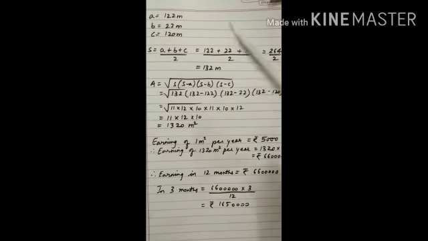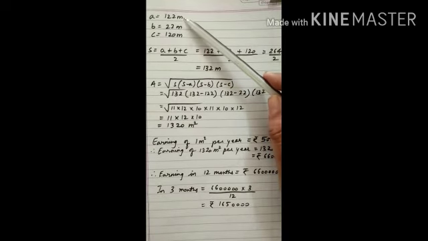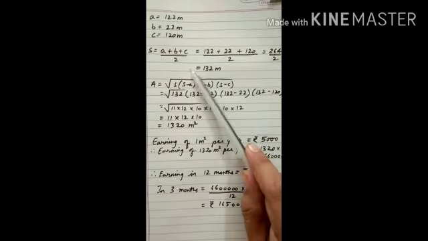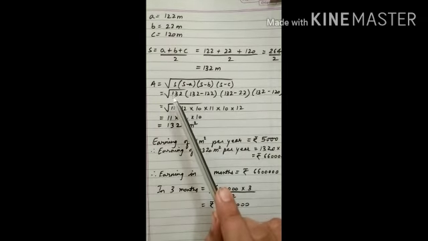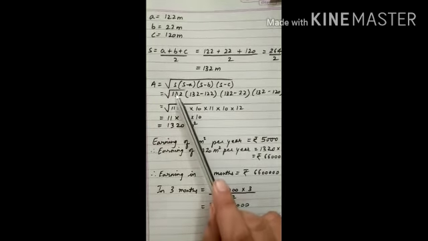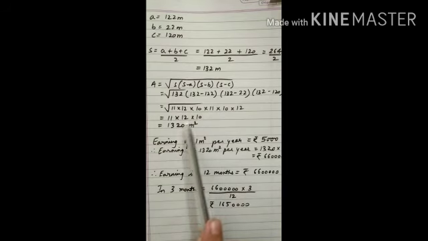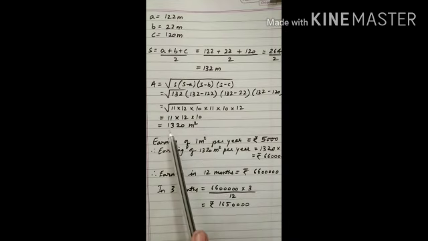Now, see the 3 sides of that triangular board. The triangular side wall is 122 meter, 22 meter and 120 meter. First of all, we will calculate the semi-perimeter. Sum of all the 3 sides divided by 2. We will get 264 by 2, 132 meter. Then we will calculate the area of that triangular side wall, root S into S minus A, S minus B, S minus C. On putting all the values, we have got the area of the triangular side wall is 1320 meter square,